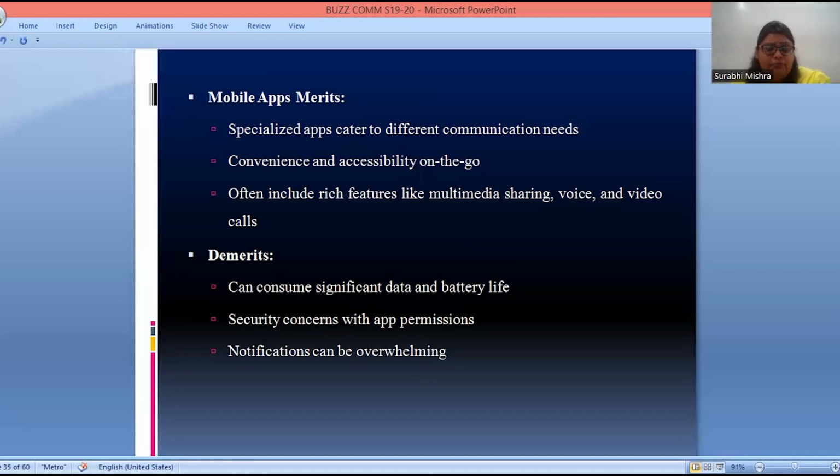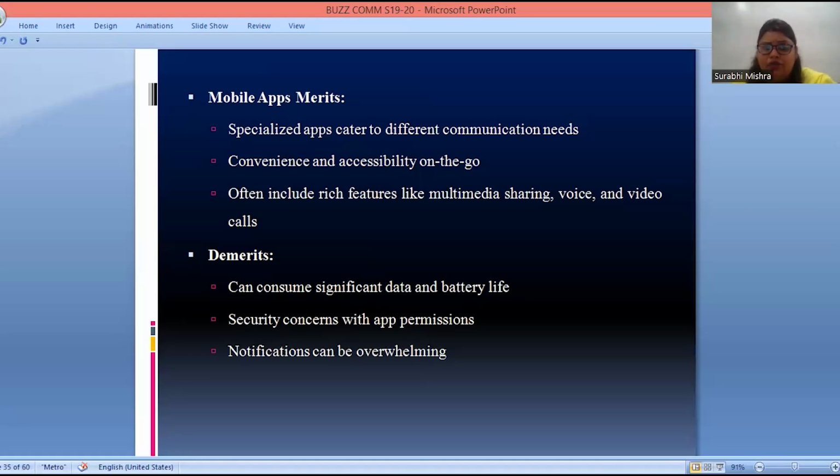demand. And the demerits: it can consume much internet data and battery. It also raises security and application permissions concerns. So safety is not guaranteed, and we have to check the authenticity. Notifications can be tiring for you.